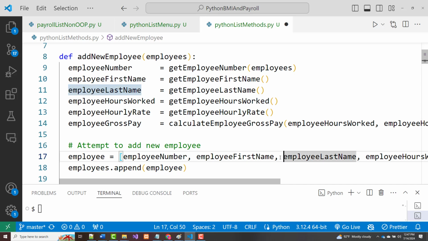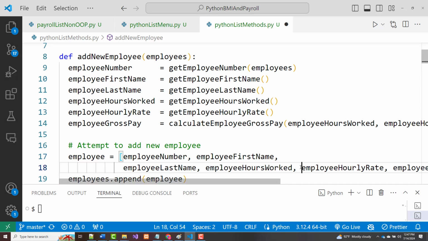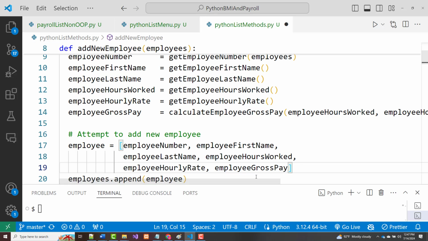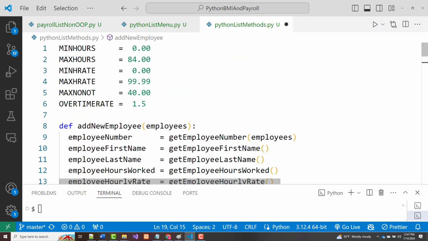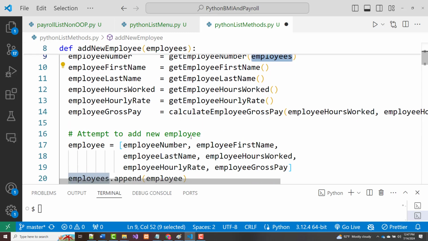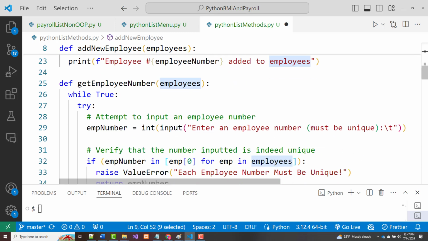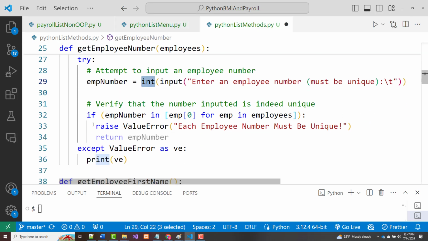Now, can I hit enter here and hit enter here? Just want you to be able to see everything I'm doing. So what are we doing here? We're setting the employee number. Now that we need to check against all of our employees, so I have to pass that employee list in. When we get the employee number, we attempt to add it and make it an int. If for some reason it's not an int, or we leave it blank, we should be raising a value error. So if it's not in there, all right,